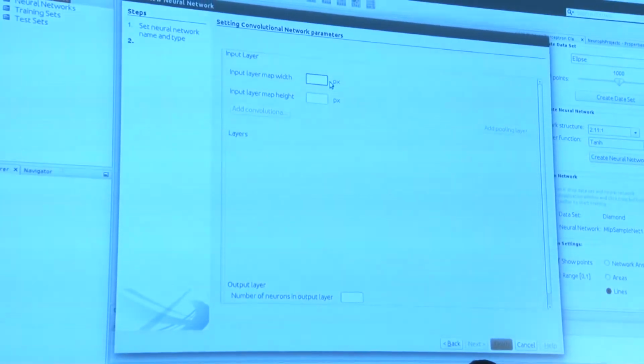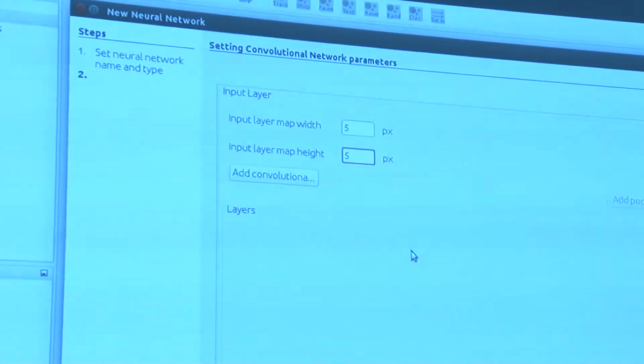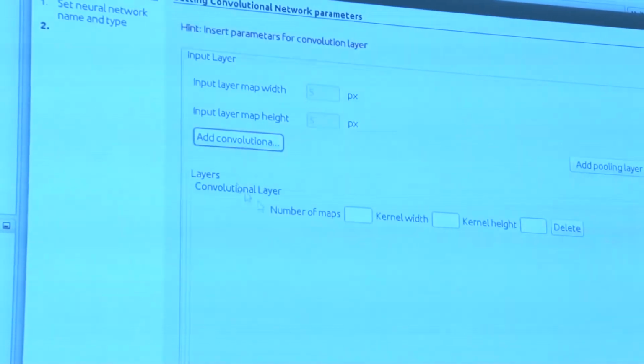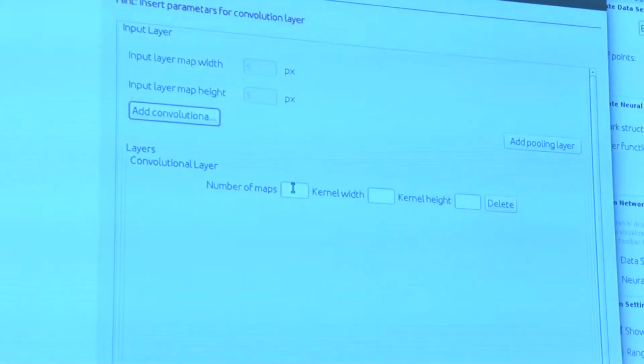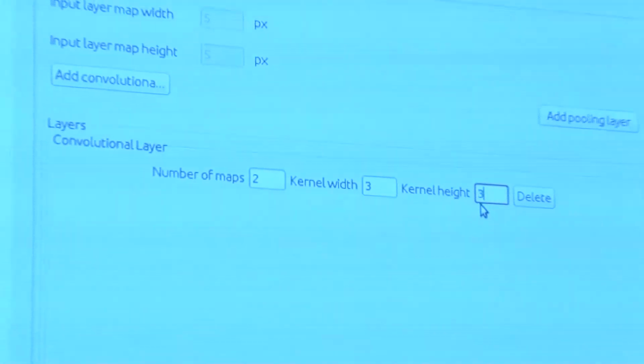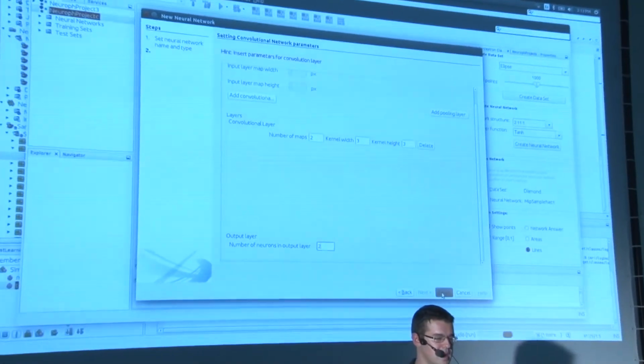Okay. So the first thing that Neuroph asks is to enter the size of the input layer. So let's use the same example. We want to have an input layer of 5 times 5 pixels. After that, we want to add one convolutional layer, and we say we want 2 maps, and we want a kernel of 3 times 3, and then we can say, okay, we want 2 neurons in the output layer.